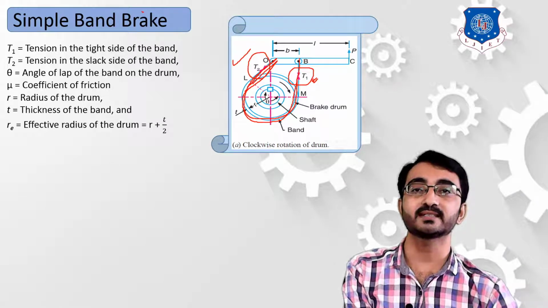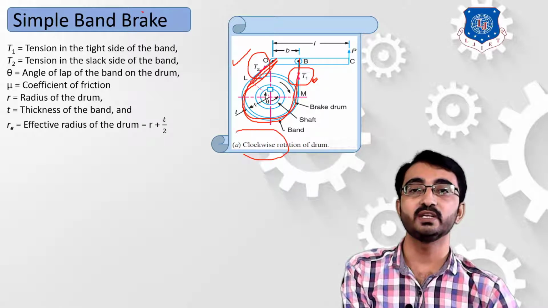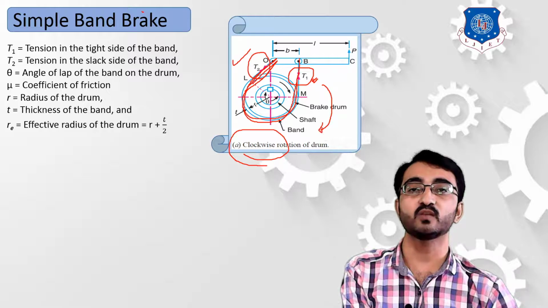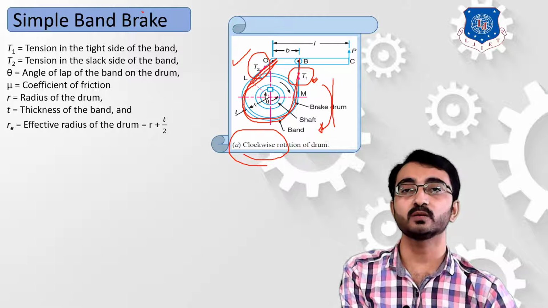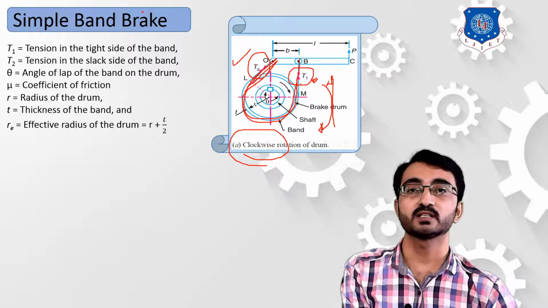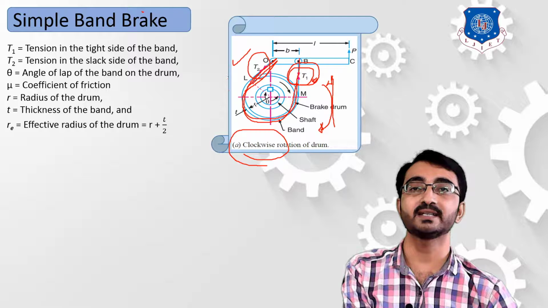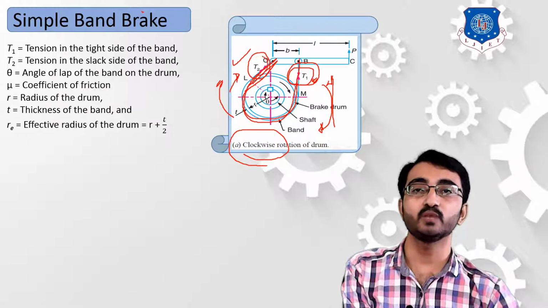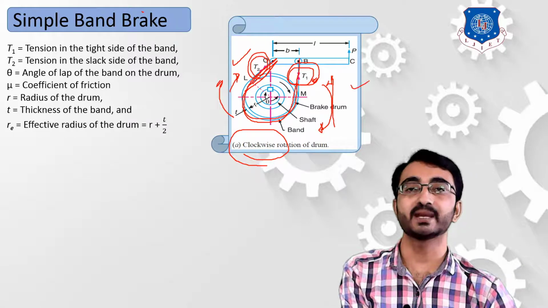So over here let's consider the first case, when this wheel is rotating in a clockwise direction. Due to rotation of the wheel in a clockwise direction, if you want to stop the motion, then you have to produce a force in the opposite direction. So over here the opposite direction of force, that is T1, should be maximum. If you consider the direction of T2, this T2 force will be in a similar direction to your rotation. So over here your T2 will be minimum and your T1 will be the maximum force.